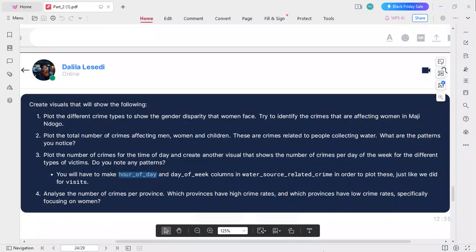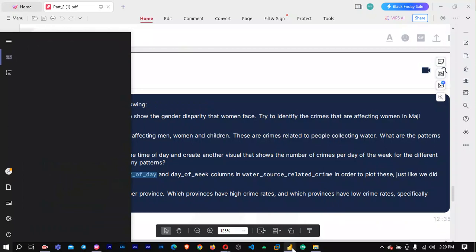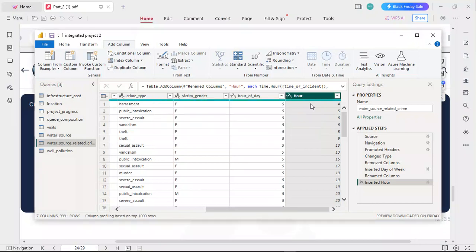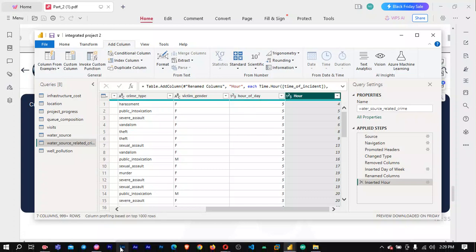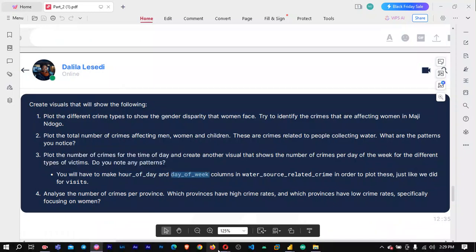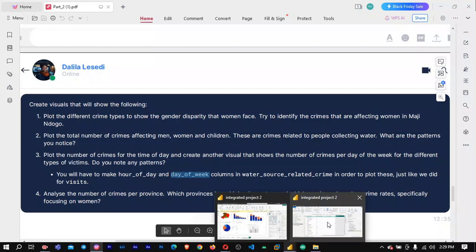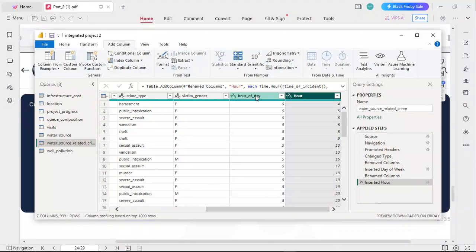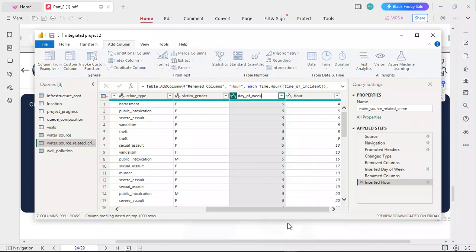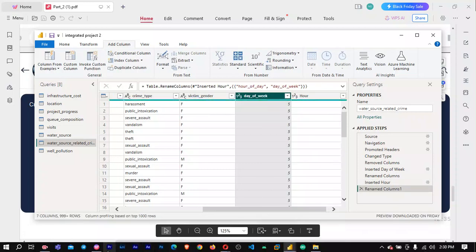Hour of day already exists. Okay. The previous one is the one that you should rename. Which one? The one that has day of week. Oh, I made another blunder there. So I should have used day of week on the other side. Yes. So, and then on the other side I'd use